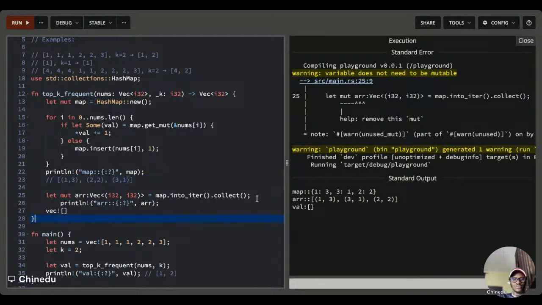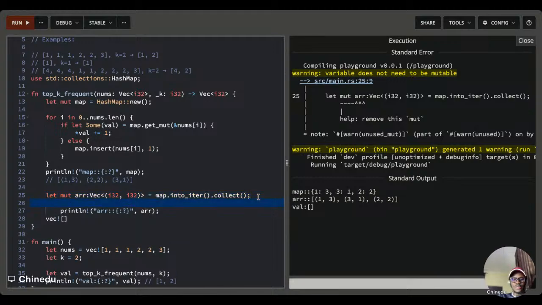So the next thing we'll do here is to say array dot. This is where it gets more Rust-like, but it's something you can still do in other languages. So we say sort, we want to sort by